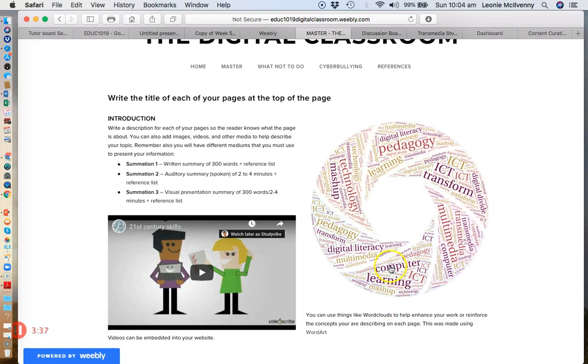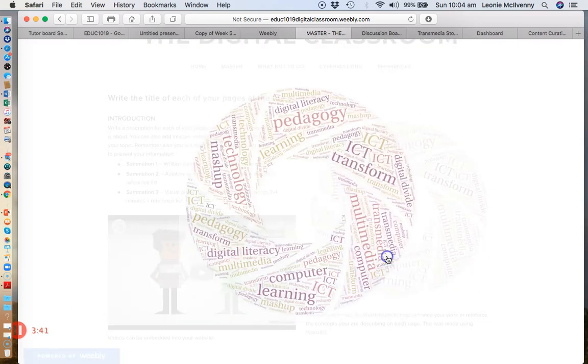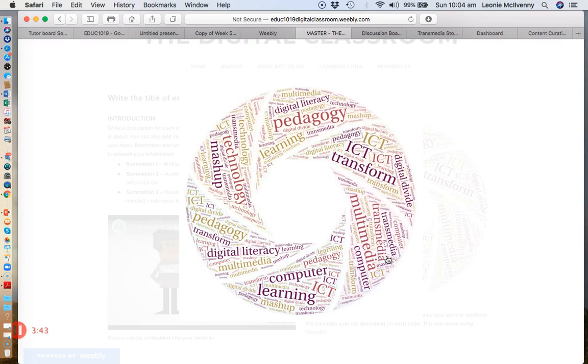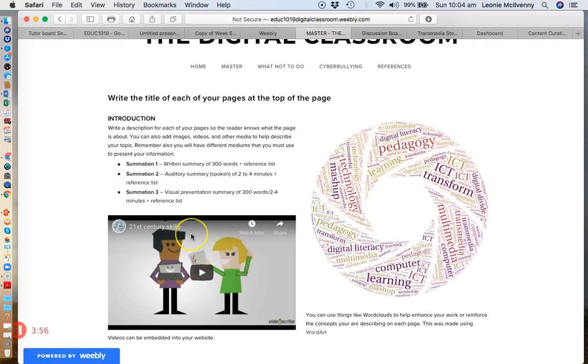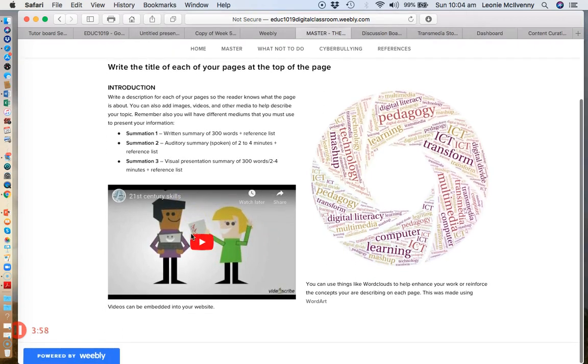You can also hyperlink them and make them larger as well. So this is just a function that is often on your web builder that actually allows you to make the image larger if you wish to. I've also embedded a YouTube video here just on 21st century skills,